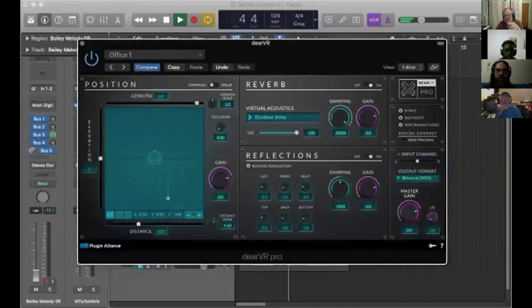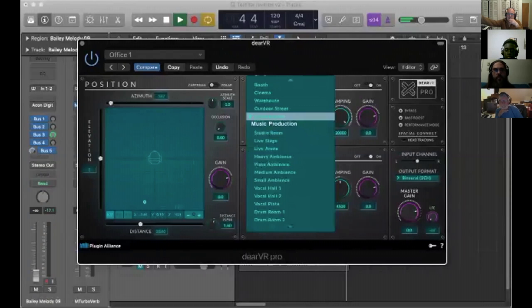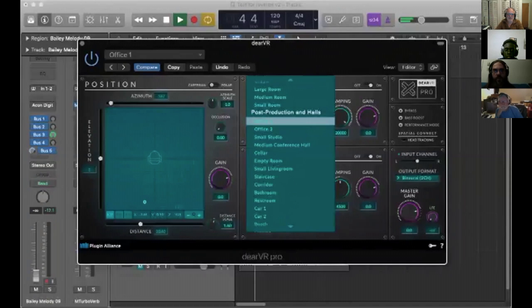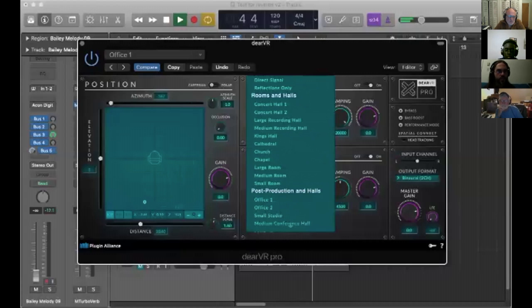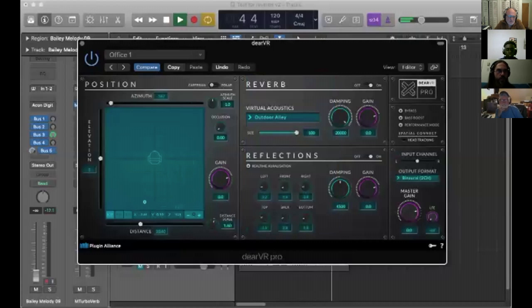So you can actually run it behind you. This is probably film work. Yeah, exactly. Now it comes with a bunch of different environments that you can send people in. It'll also, and it took me a while to figure this out, do elevations. So in a sense, it'll sound like it's coming from